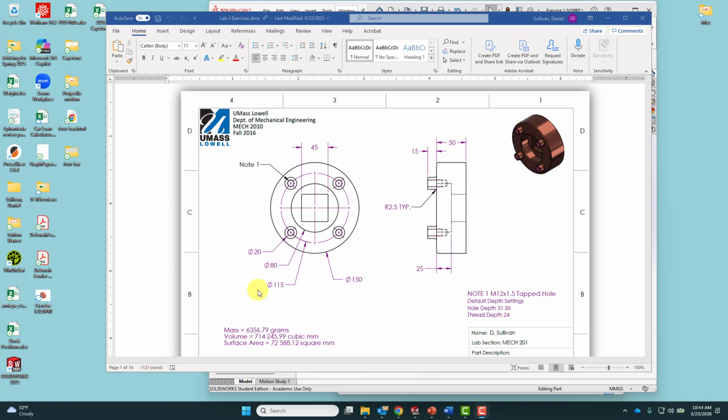Hi there. I'd like to introduce the concept of the HoleWizard. So what we're looking at here is a particular part, and there is a note here indicating that there are going to be 4 holes here, and that those holes are going to be tapped holes, so holes with threads, and the callout is M12, so a metric 12 millimeter screw with a 1.5 millimeter thread, and the